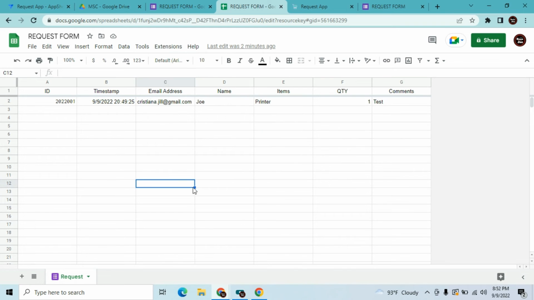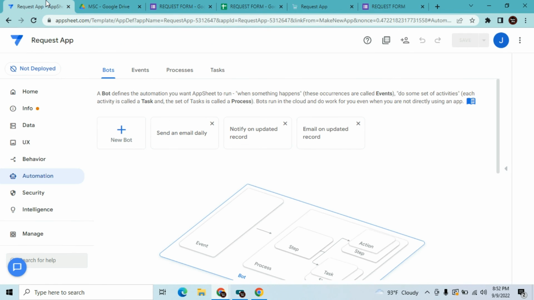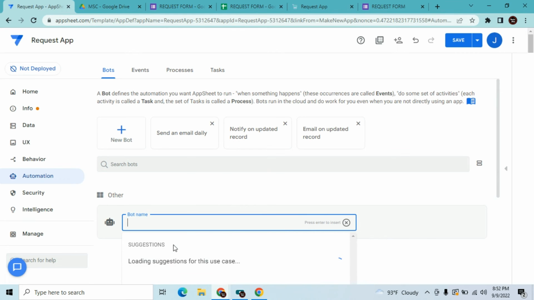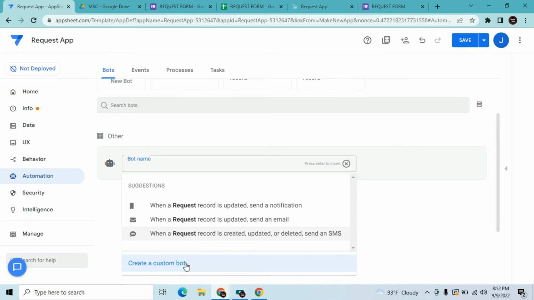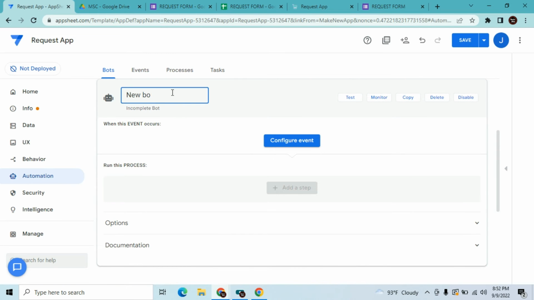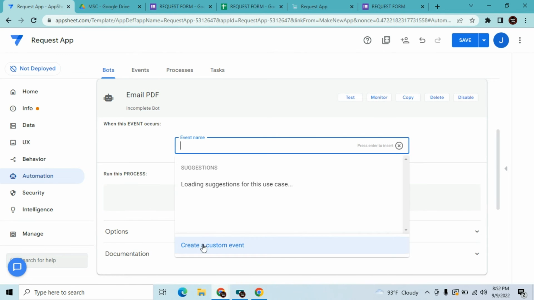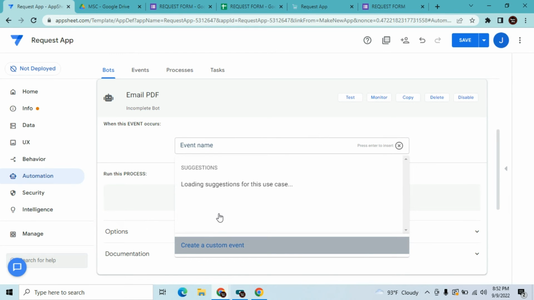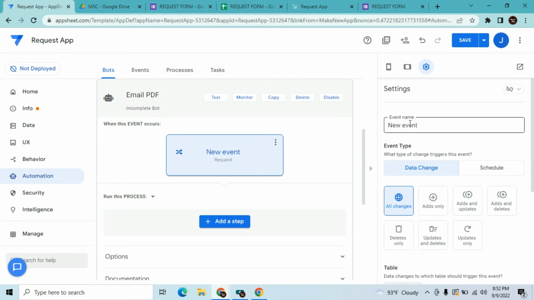Once you're done with that, go back to your app editor in AppSheet and let's create an automation. So let's create a new bot. I'm gonna name this email PDF. Then I'm gonna just add an event, custom event. Then I'm gonna name this event the same as my bot. Then